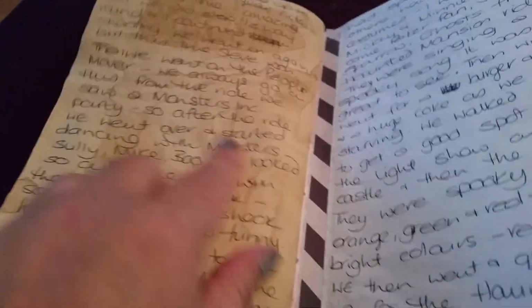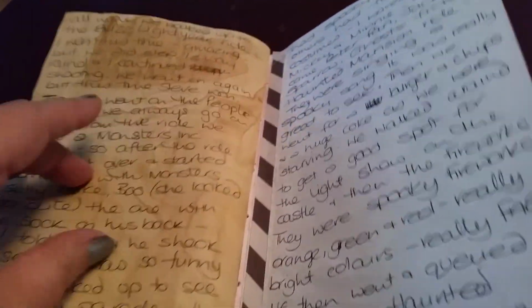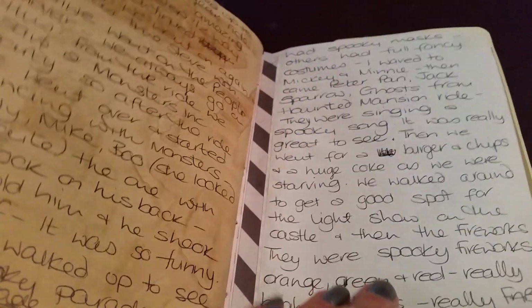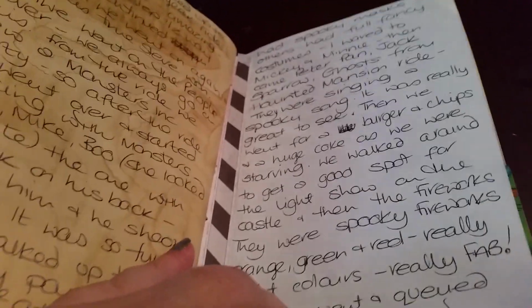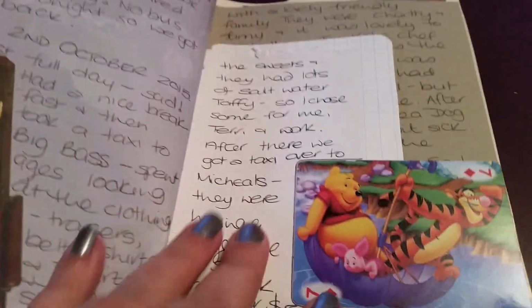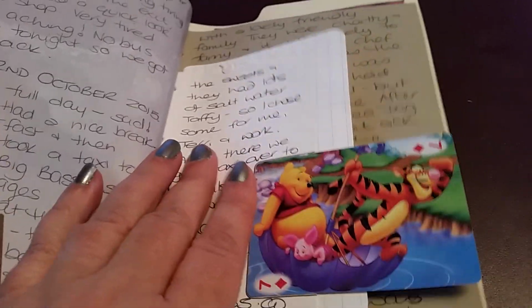Then there was Monsters Inc. Characters had like a Halloween disco. That was great. Went to that, dancing with them all, Sully and Mike, and just so funny. My husband just stands and looks at me and despairs really, but he knew what I was like when he married me. And then we did some shopping,